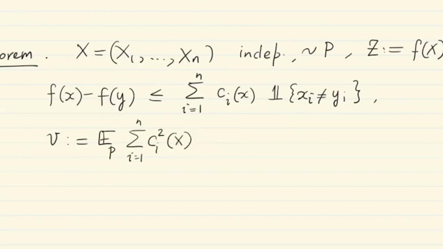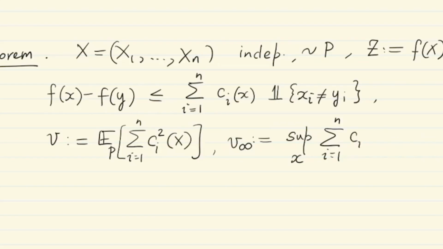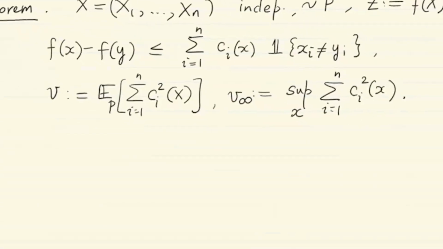of x, and v infinity as the largest value of such a sum of squared coefficients. So sup over all possible arguments x of summation i equal to 1 to n ci square of x. So v infinity is clearly lower bounded by v,